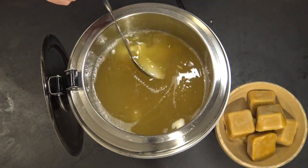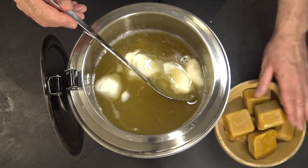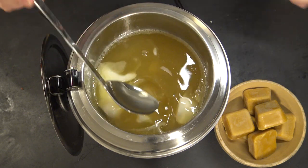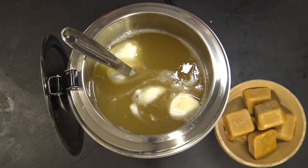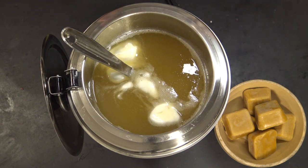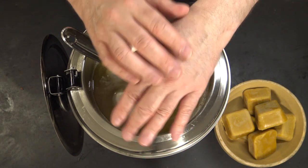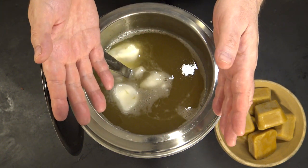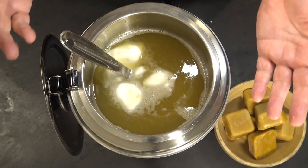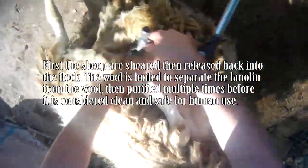Alright, so we're getting there. Now I will have to heat it up just a bit more when I get ready to melt the beeswax. Now, here's what I'll tell you about this formulation. It's very healing. As long as you don't have allergies to things like sheep tallow or sheep lanolin, which is a protective layer of oils and waxes that are naturally formed under the wool of the sheep. So the sheep is not hurt to get the lanolin. You shave off the wool and you boil it. I'll try to put some video of that on the screen for you. But it's a very basic kind of a process that does no harm to the sheep and adds great benefit